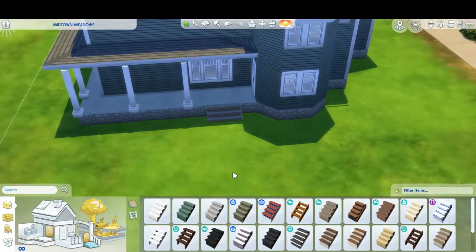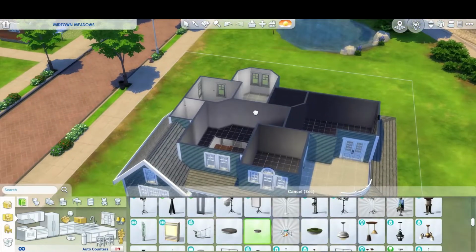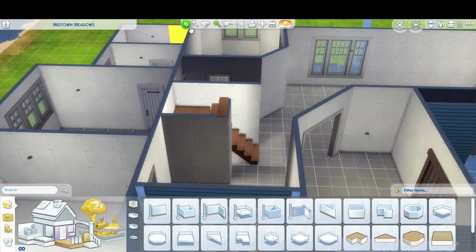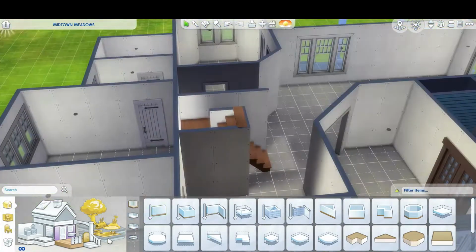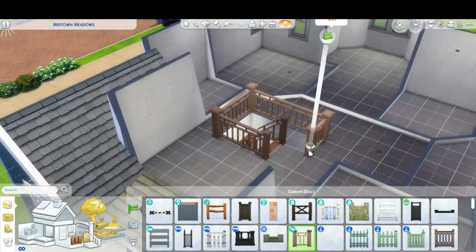So that's why I decided to use those, and I didn't use too much from Paranormal, so if you don't have it, you can easily replace the couch with something else, and then it's just some lights and a couple of clutter items, so not a really big deal if you don't have the pack. But anyways,